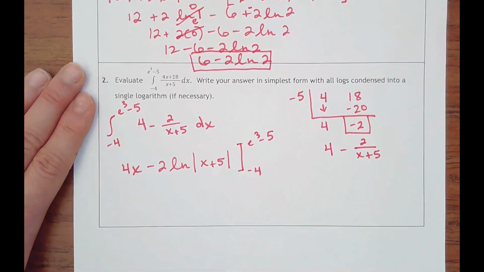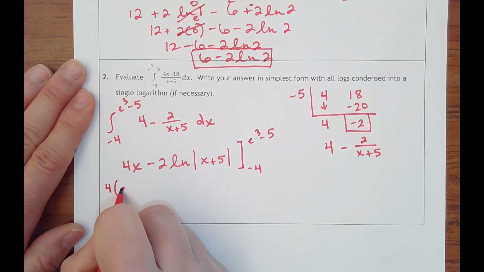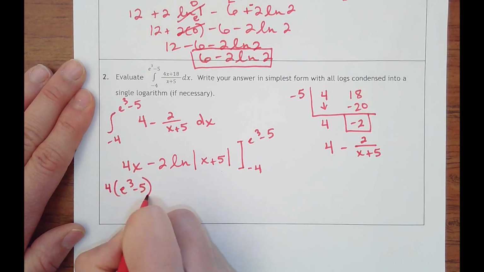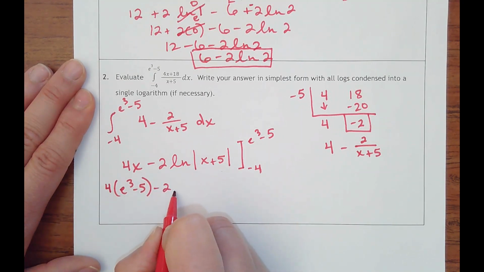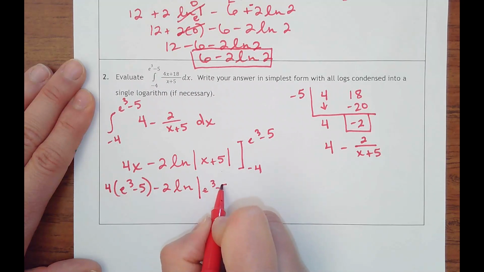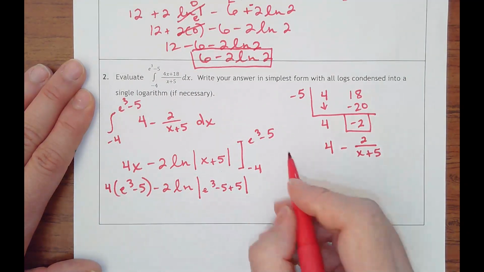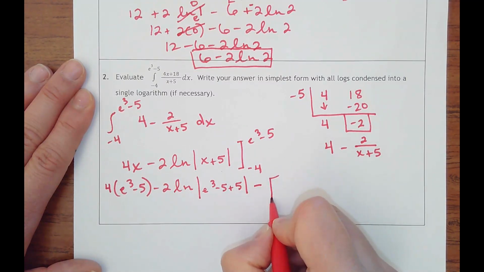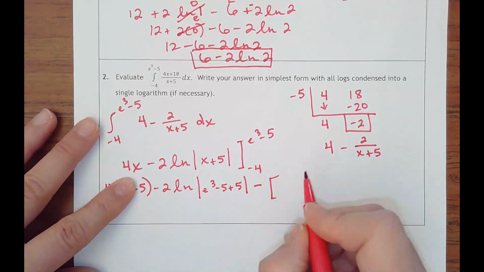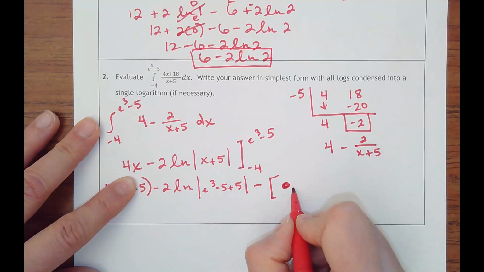All right, so plugging in e cubed minus 5, I've got 4 times, need parentheses because I'll have to distribute the 4, minus 2 times natural log of the absolute value of e cubed minus 5 plus 5, all for just the first part, minus brackets, plug in negative 4, so it'll be 4 times negative 4, I'm actually going to just put negative 16,